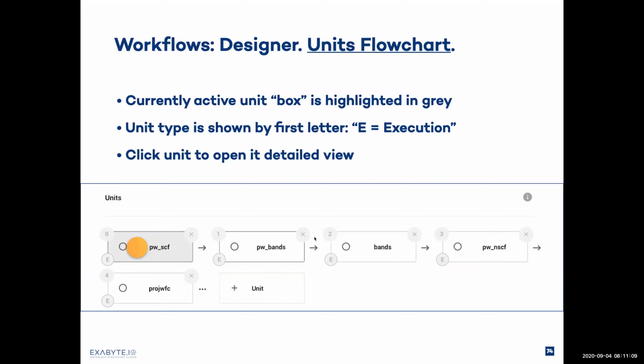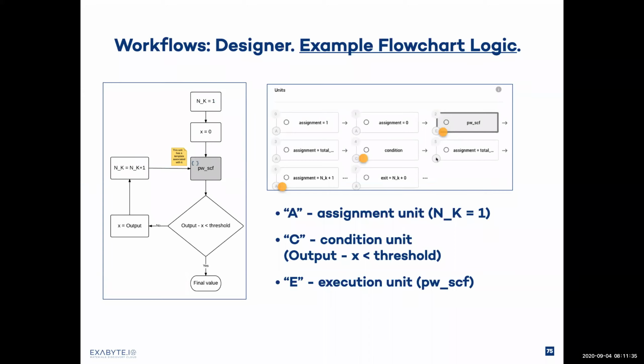And if you look deeper into it, we'll see that each of the boxes representing individual units have a type, which is shown by the letter in the bottom left corner. And there's a certain logical progression between these units. The currently active one is highlighted in gray, so we can open it if we click on that unit. But in order to understand how it's implemented today, we have to look at the actual logic involved inside this